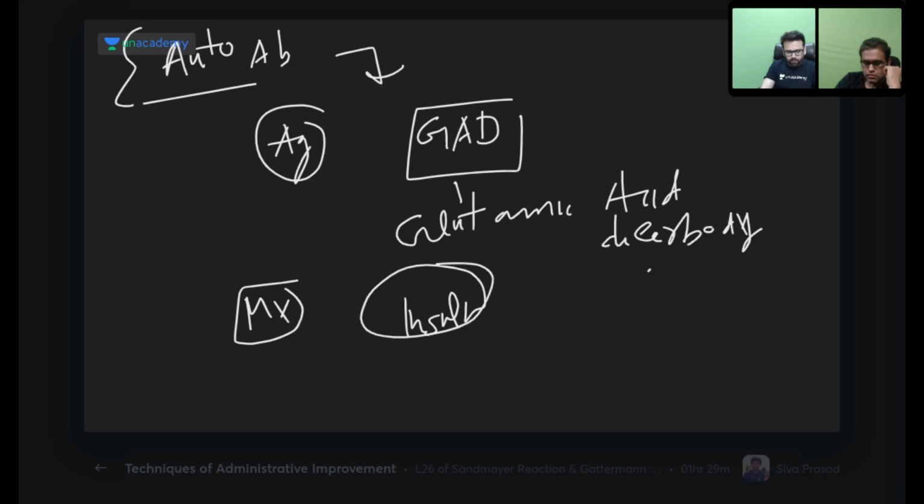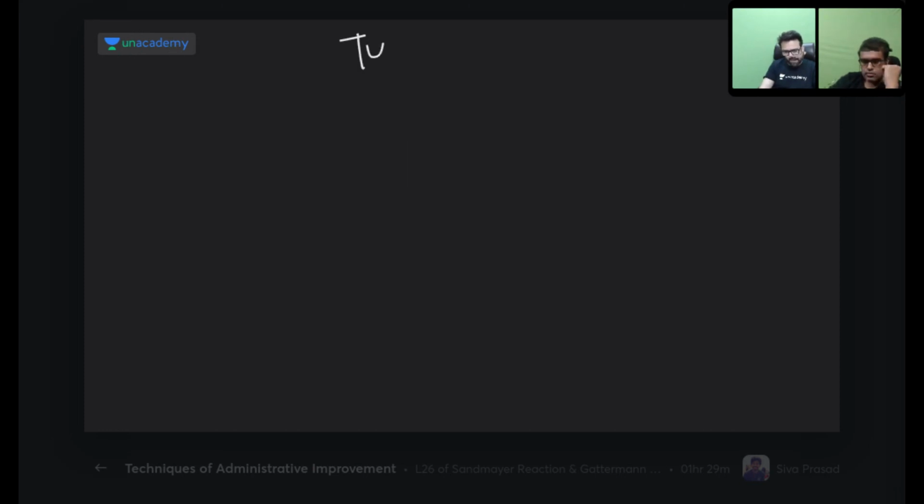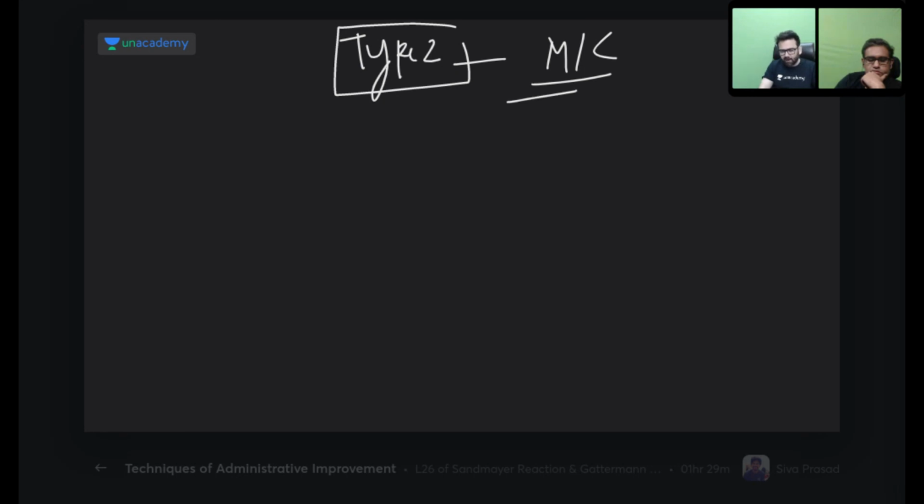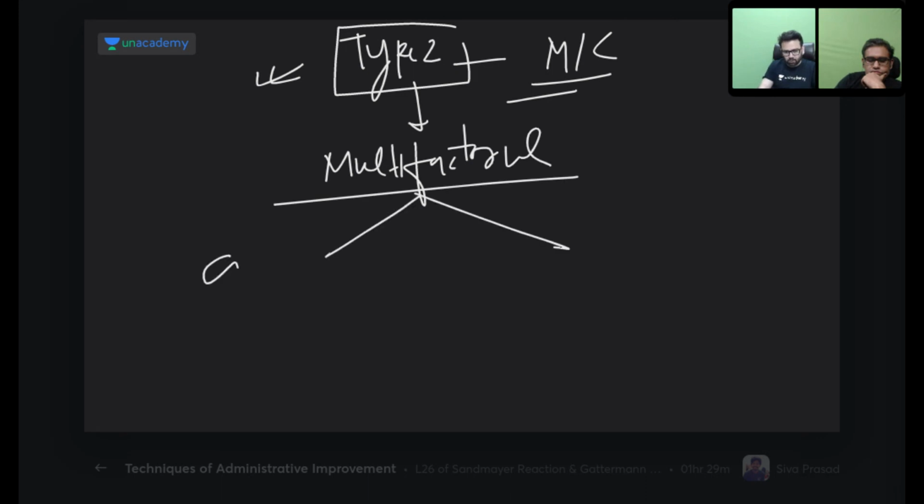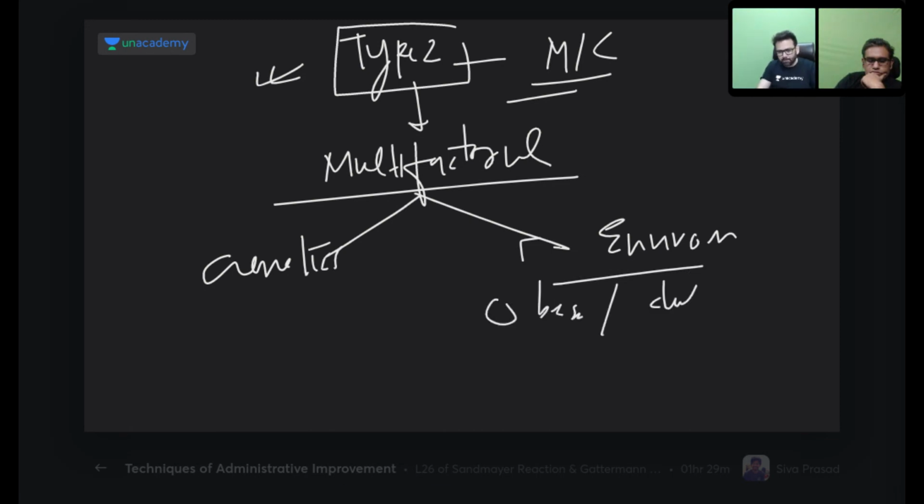Type 2, what is the cause of type 2? Is it genetic, environmental, or what? It is the most common. Whatever patients you will see in your life, 99% will be type 2. What is the cause of type 2? Genetic, environmental, obesity, what? The answer is multifactorial. Not a single cause. It can be genetic, there is polymorphism of genes. It can be environmental also. You don't have any genetic history, but you are obese, or because of dietary habits, sedentary lifestyle, all these can cause type 2 diabetes.